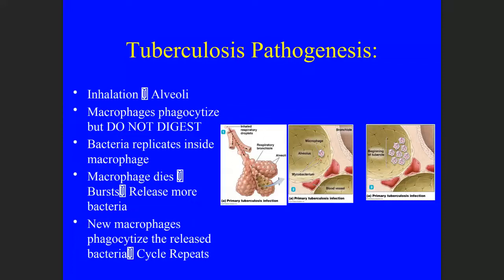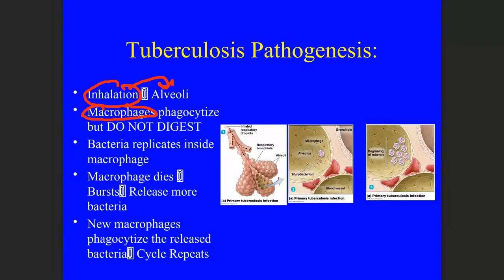Now, let me talk a little bit about the pathogenesis of tuberculosis. The first thing that would have to happen is that a healthy individual would have to be exposed to a person that has an active form of tuberculosis. If that person coughs or sneezes, they release respiratory droplets that contain the bacteria. The healthy individual would inhale those droplets, which then travel down into the alveoli. Remember that in your alveoli, you have alveolar macrophages, whose job is to phagocytose the bacteria or anything that gets in there.